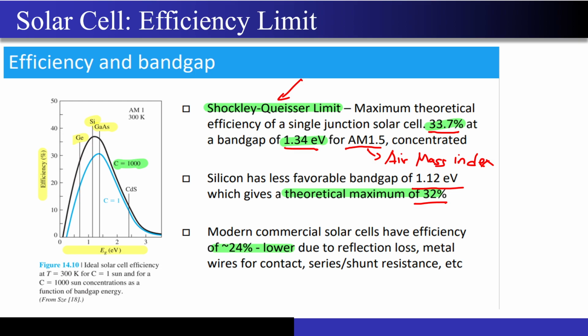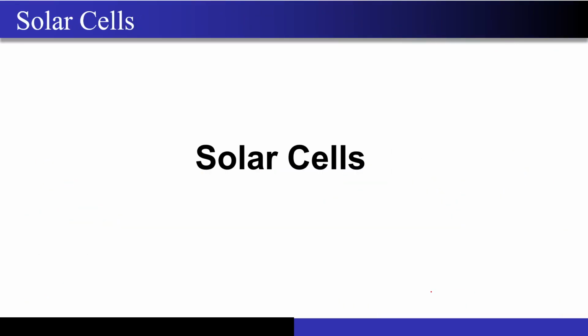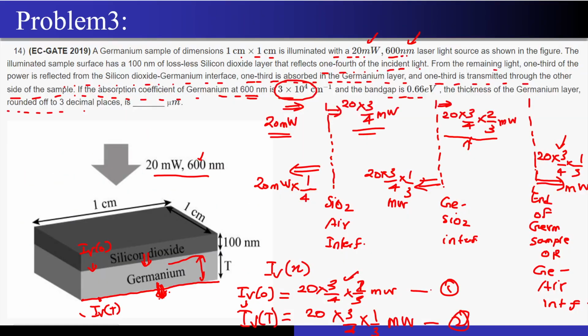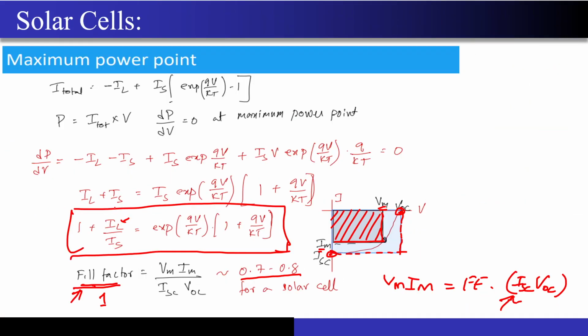But because there are a lot of non-idealities present in the semiconductor material, like the reflection loss. What is this reflection loss? I hope from the numerical it was very much clear. You can see there is a refractive index 1, a refractive index 2, a refractive index 3. So not all the light will get transmitted or absorbed. Some of it will get reflected back because of the differences in the refractive index.